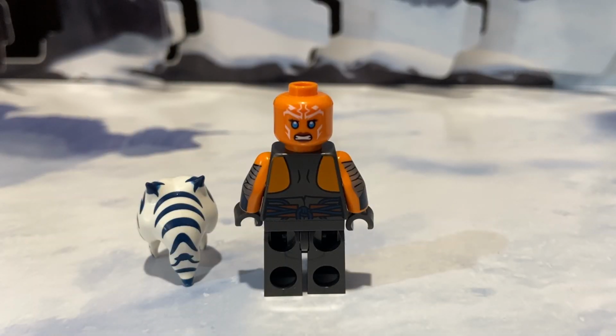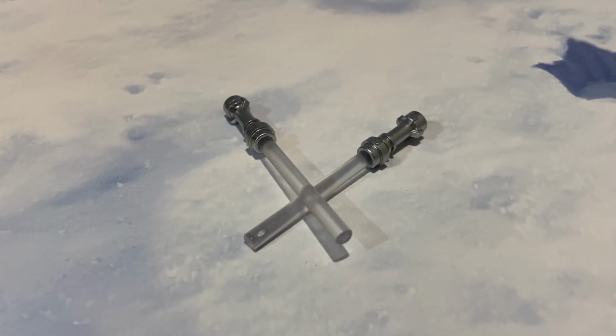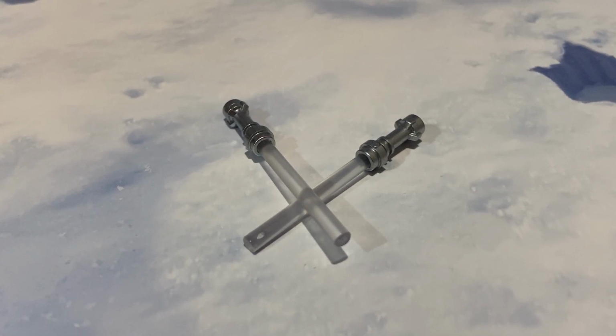This minifigure has nice printing on both the front and the back of her torso, plus dual-sided face printing and excellent detail on her Laku. Towards the end of this video, I will mention a few extra things about some of the builds, including this Ahsoka minifigure, so just stick around for a little longer. Until then,